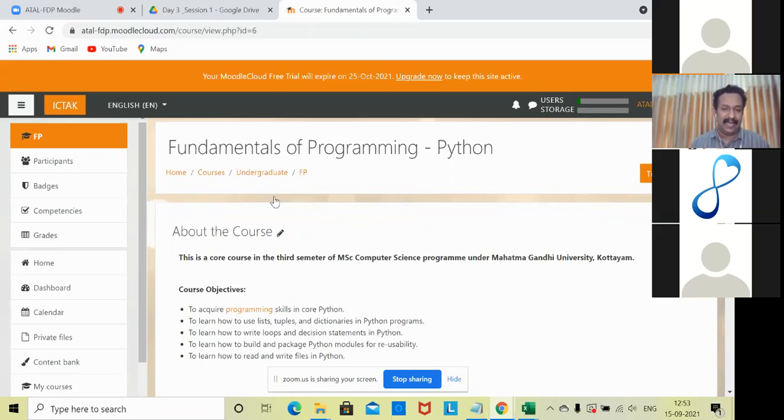For example, Python programming may be a program subject for BSc Maths, Physics, etc., maybe a mandatory subject for everybody.